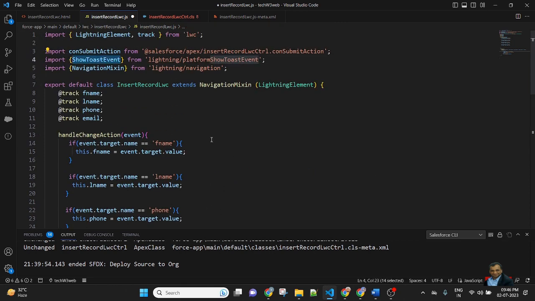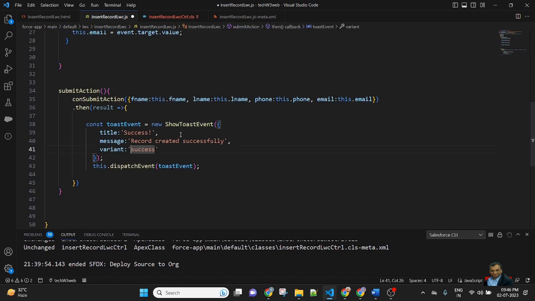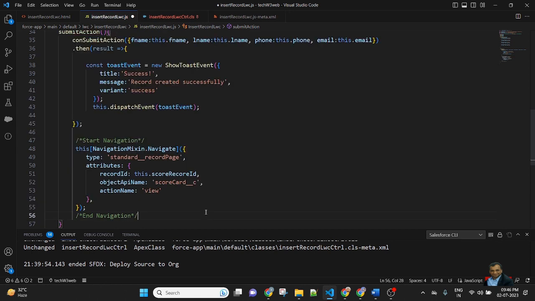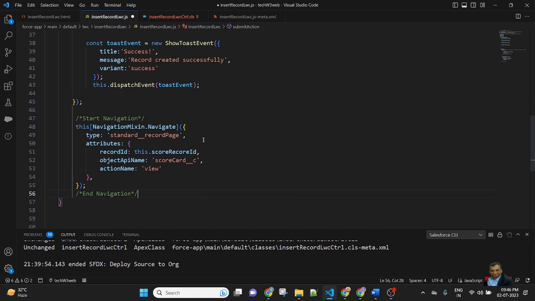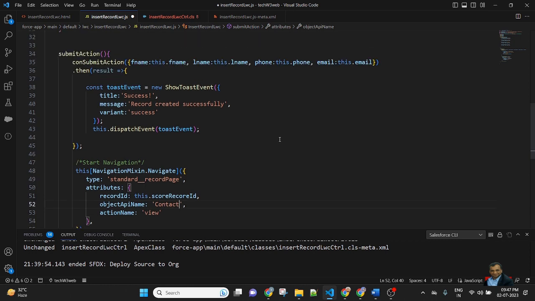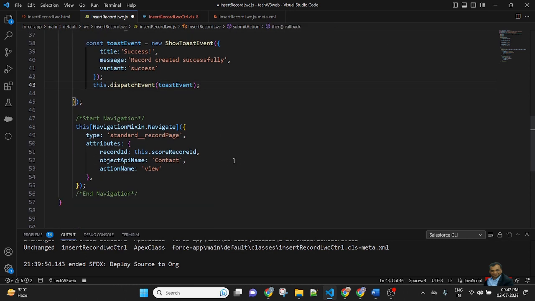So this event module will display a toast message if the record has been created successfully, and after that it will redirect to the record detail page of contact. So first it will create a record, then display a toast message, then it will redirect to the record detail page of contact.